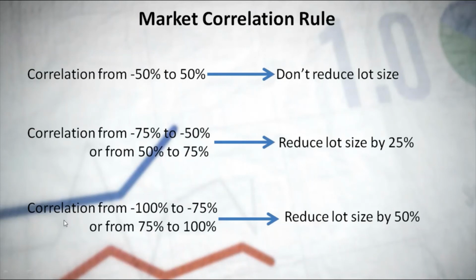And if these two currency pairs have a strong correlation, for example, from minus 100% to minus 75%, or from plus 75% to plus 100%, then we reduce the lot size of the strategy